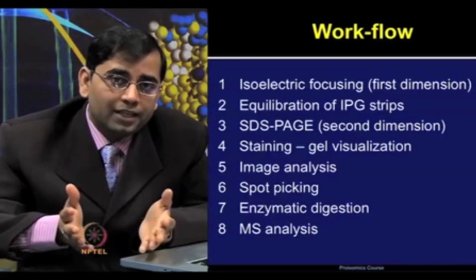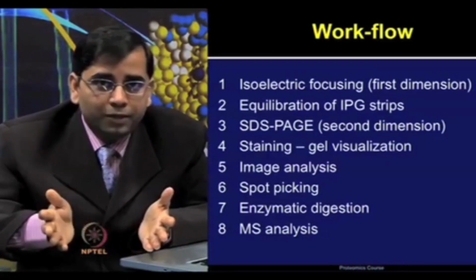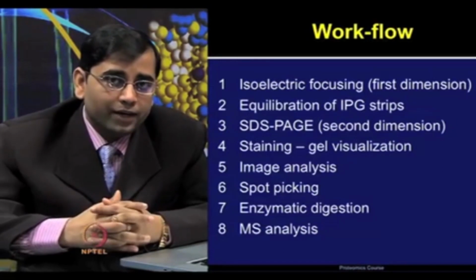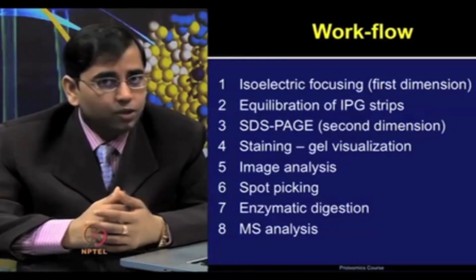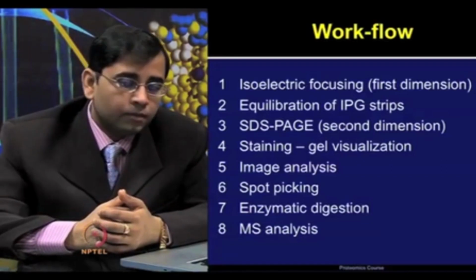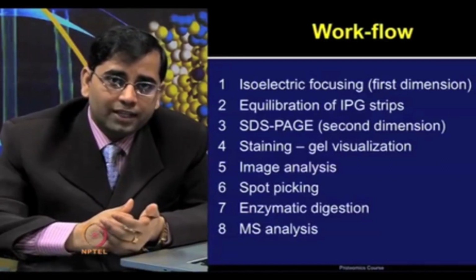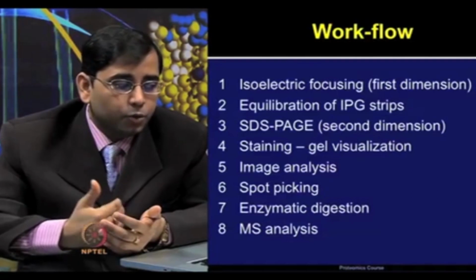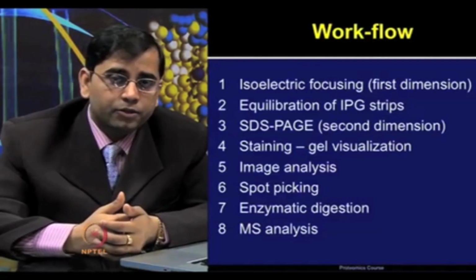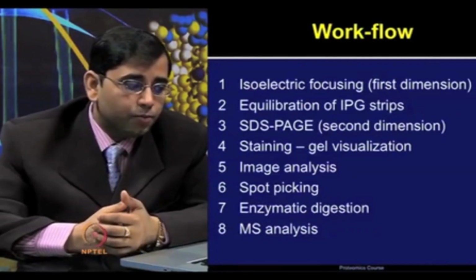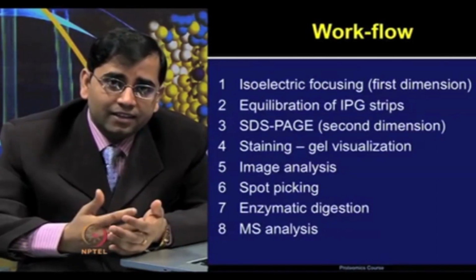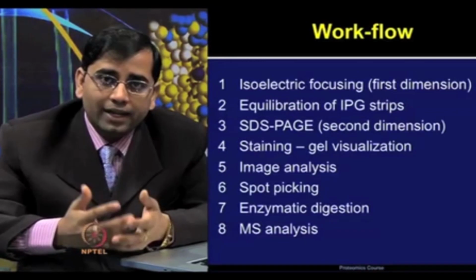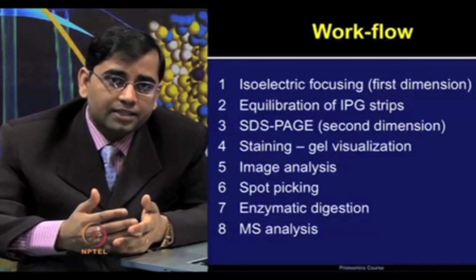So, you want to make these strips prepared to be separated based on the molecular weight in the second dimension, and that is where the equilibration process is useful. Once you have done the equilibration of these strips, then protein can be further separated based on the SDS PAGE. The third point. Now, fourth in the workflow is staining the gels and visualizing the gel images after staining with